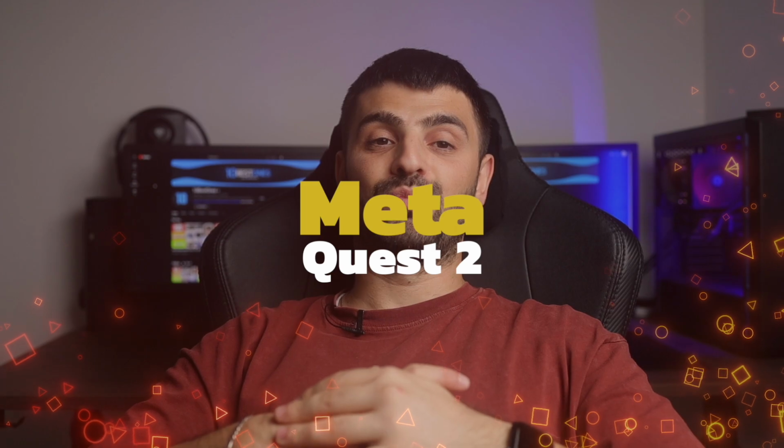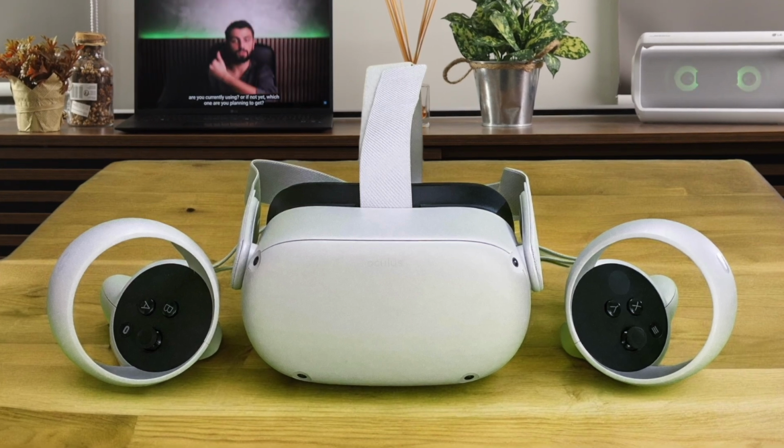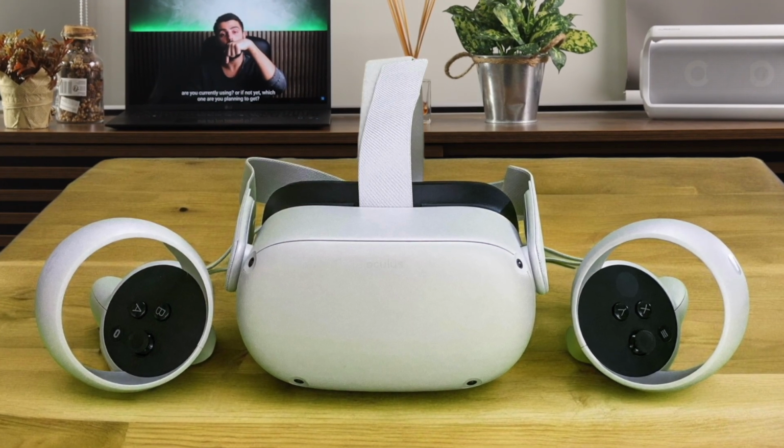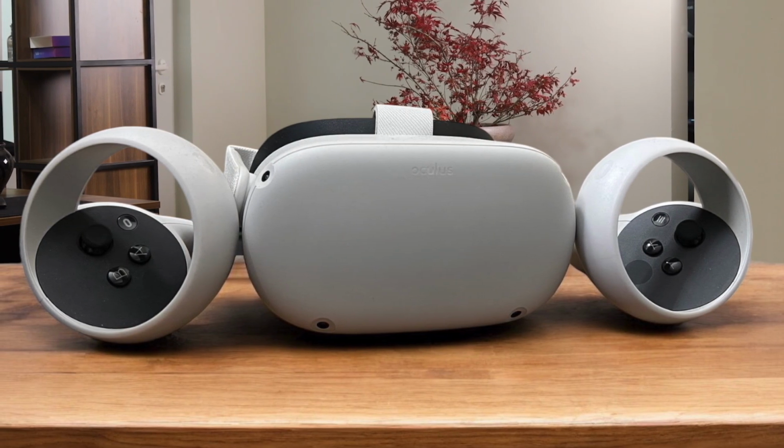Number 9. Meta Quest 2. This little standalone powerhouse really surprised me. It's got a great price point and doesn't need a PC or console to run, which is awesome for VR newbies. The resolution is solid and there's a huge library of games, but man, those controllers eat through batteries like crazy,